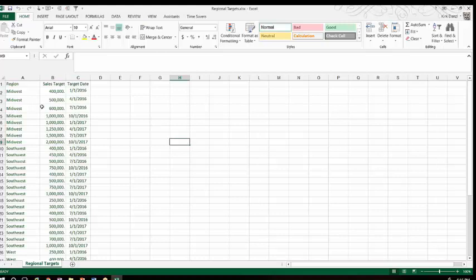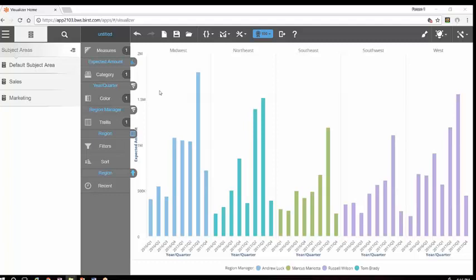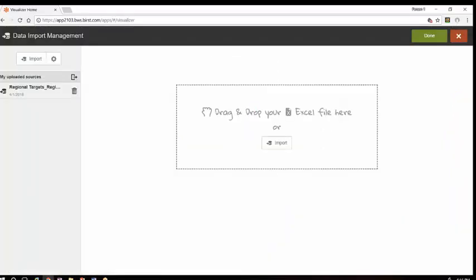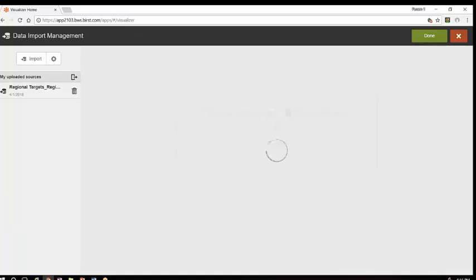It's got my regions, my targets, and my time periods. So what we're going to do right from Visualizer is bring that information in. All I need to do is take my worksheet, drop it here,